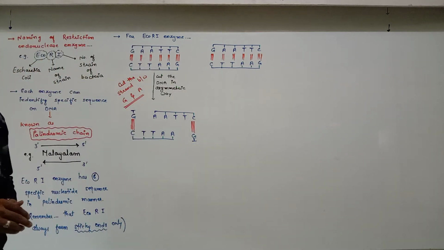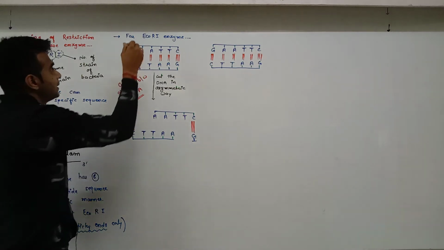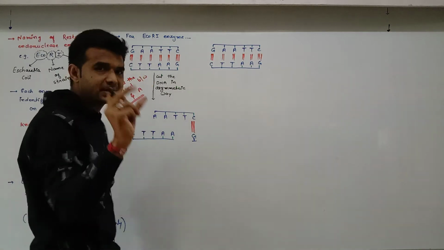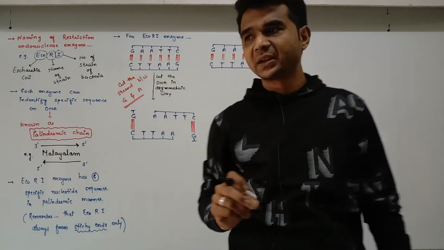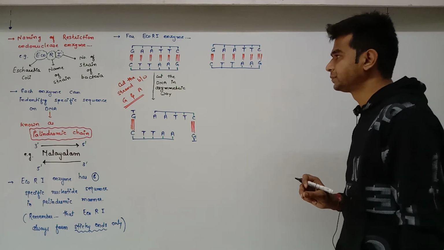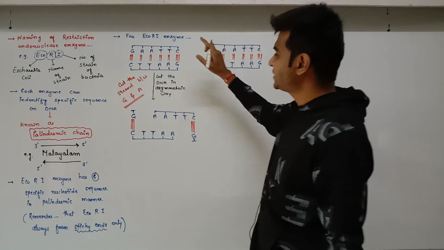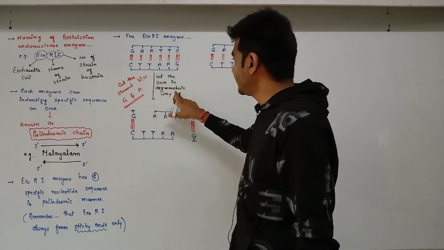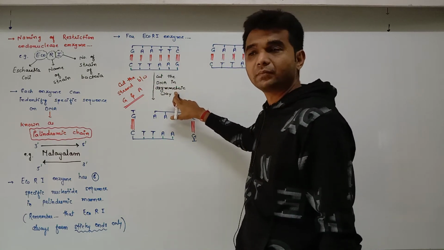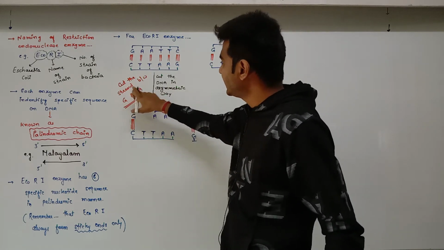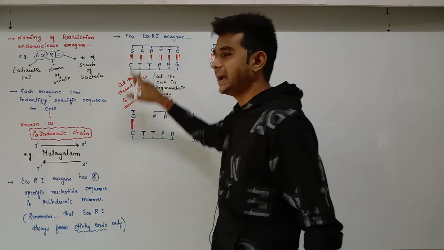See, I want to tell you this. See here the dotted line. If the DNA fragment, the small DNA fragment here, has the palindromic chain in such a way, as I told you earlier, if Escherichia coli cuts the DNA at a specific site in an asymmetric way, but in which way? See, it cuts the DNA strand between A and G.